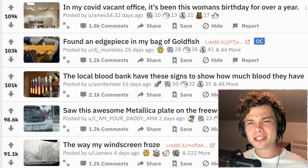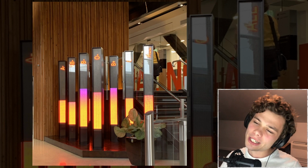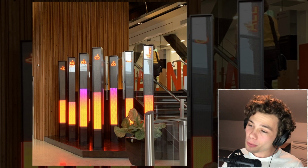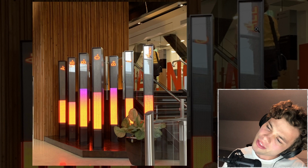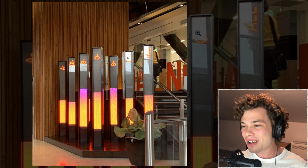The local blood bank has these signs to show you how much blood they have. That is actually pretty awesome. What have we got? A negative, AB negative, B negative, O negative, B positive. I imagine that's O positive. And then I have no idea. Oh, that must be all, so that is the overall levels. And then you have all of these different